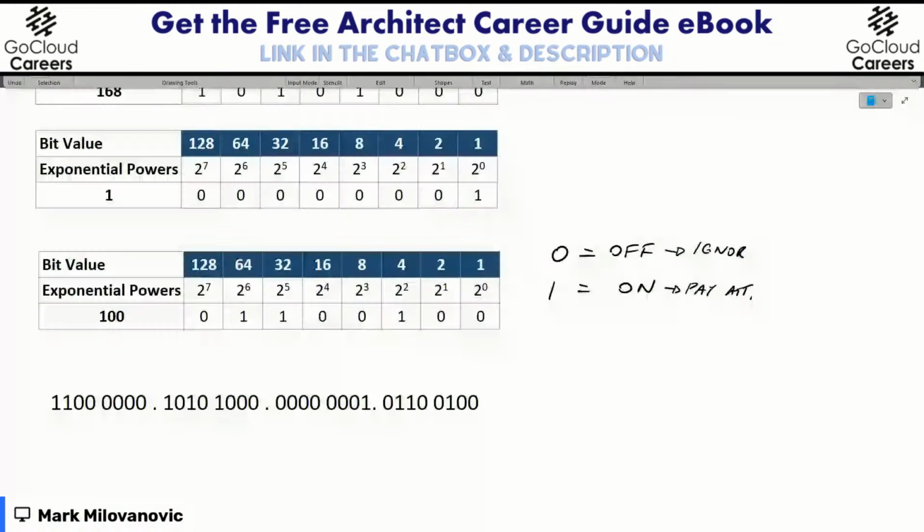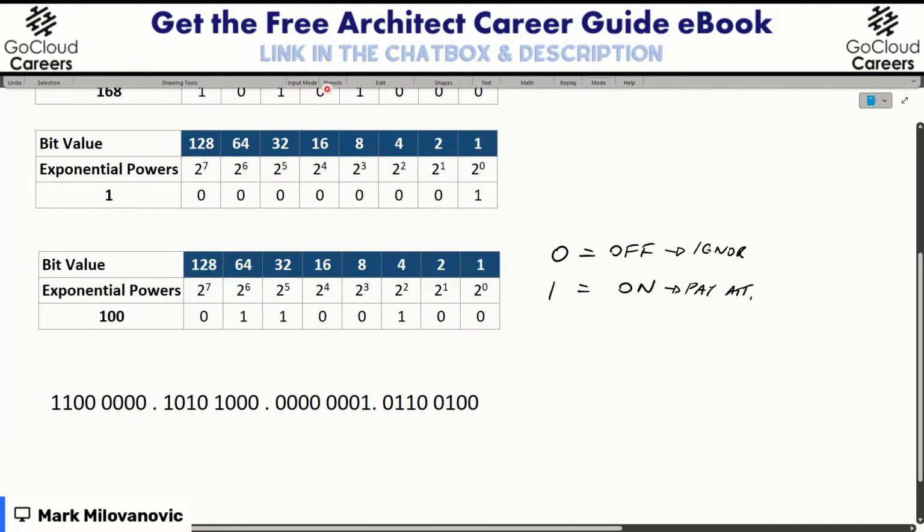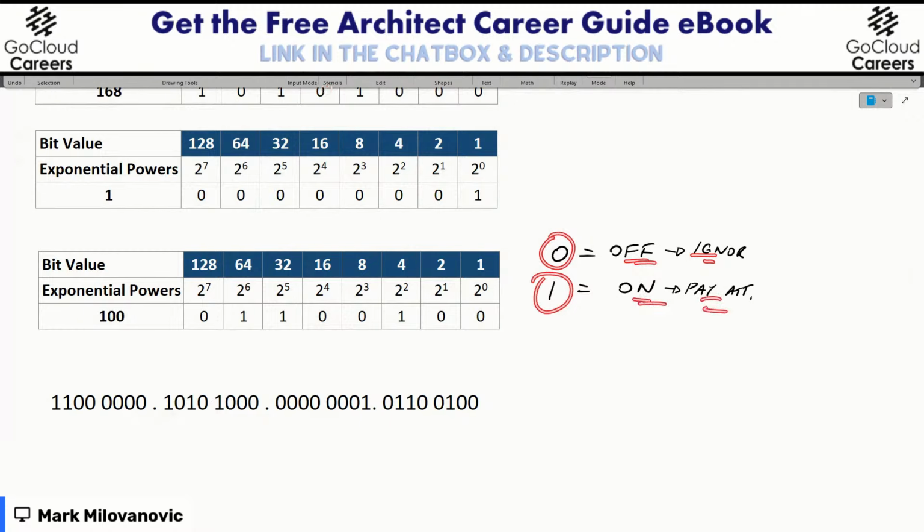All right, thank you. Chris already shared it, so we'll take a look at this. We mentioned that 0 means off, ignore. We said 1 means on, and pay attention. So when I'm looking at the conversion that we already have done here, and I'm horrible at drawing straight, apparently, how would you imagine that we do the conversion here?